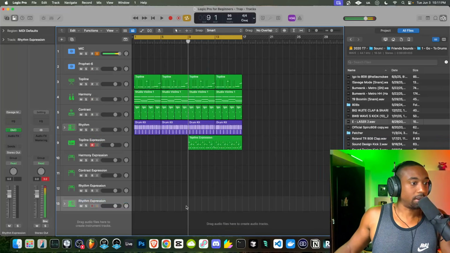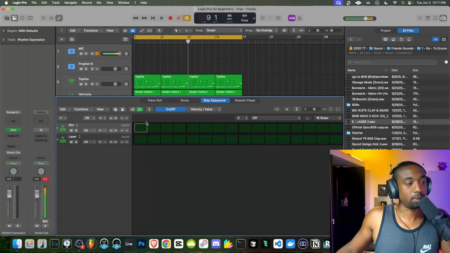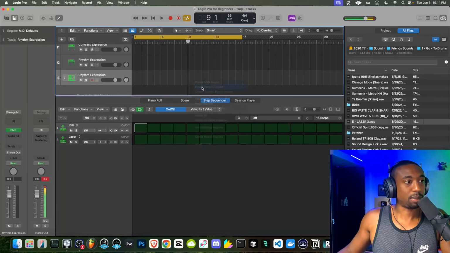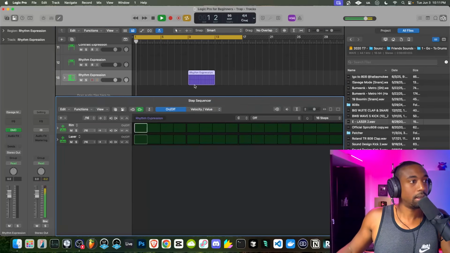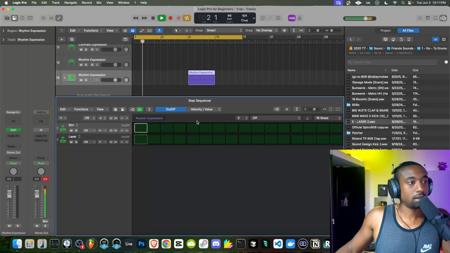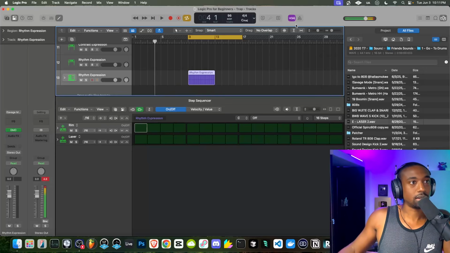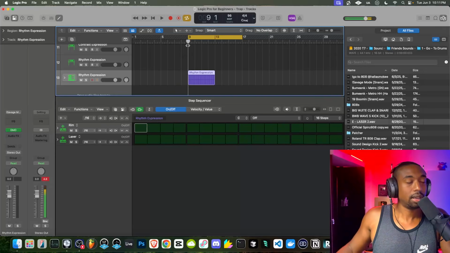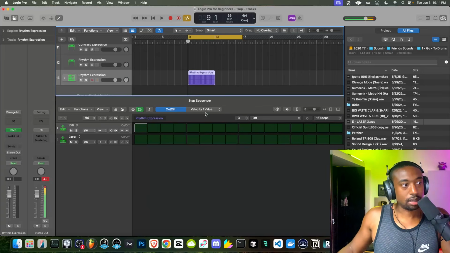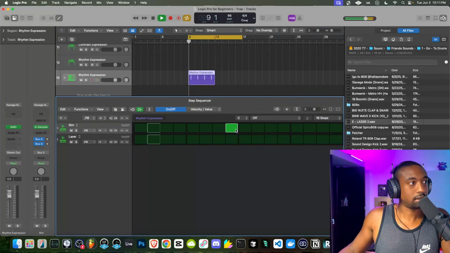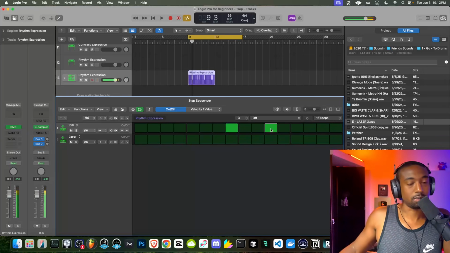Okay, and now we can right click. Actually, let's go to the edit tool with this pencil tool, go to step sequencer, and then we could draw it in using this. Now let's right click and let's create a pattern here. So 1, 2, 3, 4. So let's turn the well, I guess we don't need the metronome with the hi-hat. So we're gonna watch this little playthrough icon. That's it. So let's go boom, boom, dun, ta, ta.